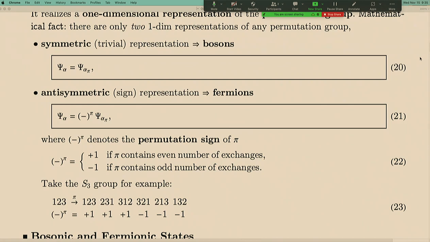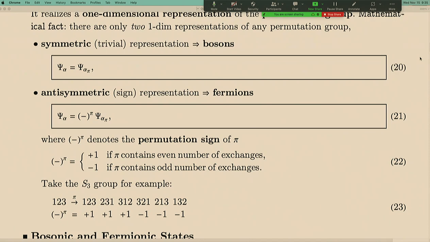So 1, 2, 3 can either go to 1, 2, 3. You can see in that case, there's no exchange. When there's no exchange, this is an identity map, then it is +1. Or if you go to 2, 3, 1, you can show that it's actually 2 exchanges, because I can permute